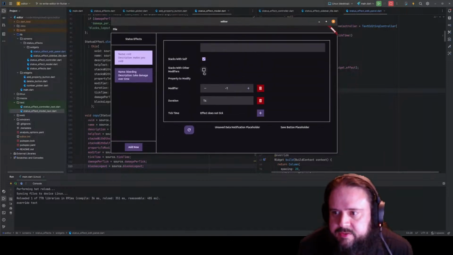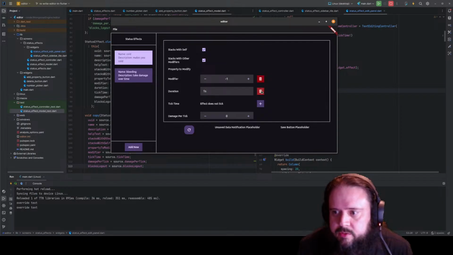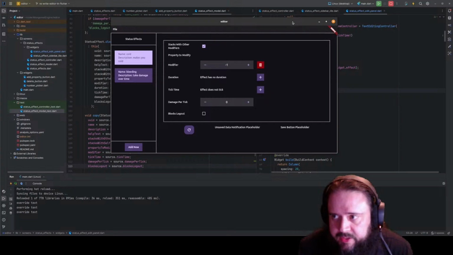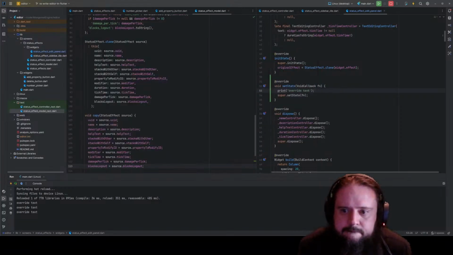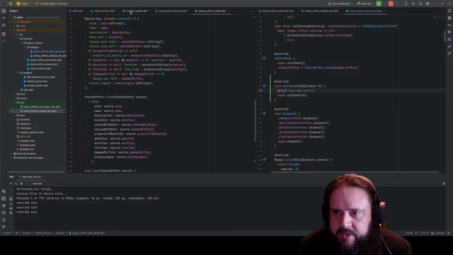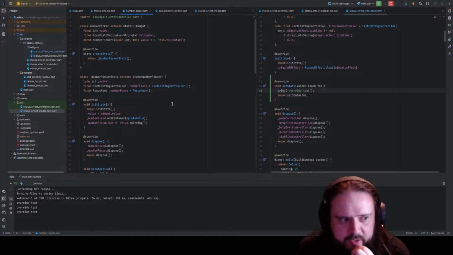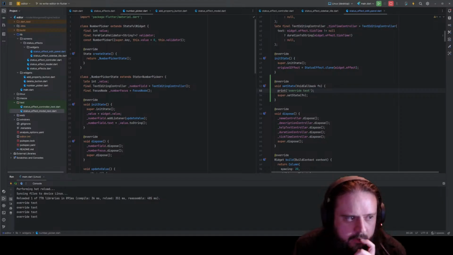Override text fires. Everything else is still working. So we could do that. But because number picker, which is kind of the main problem child here,